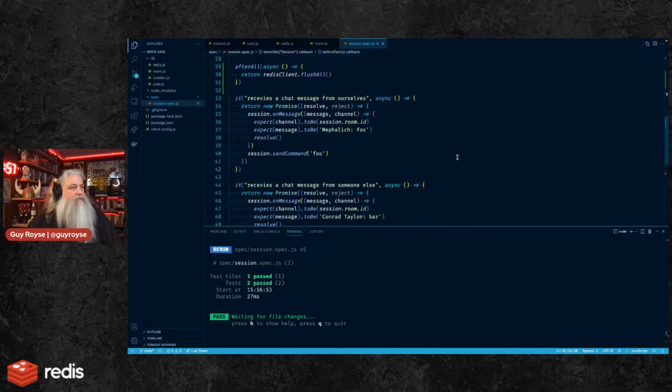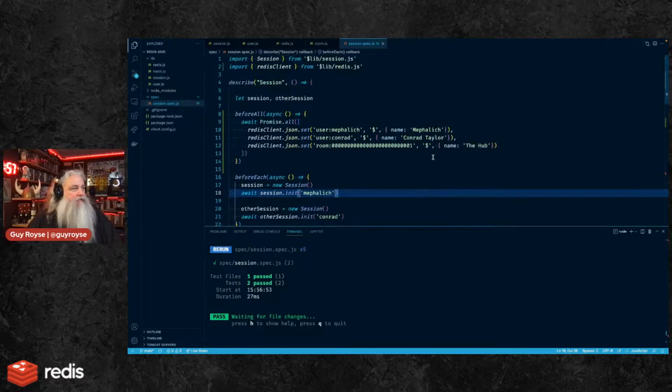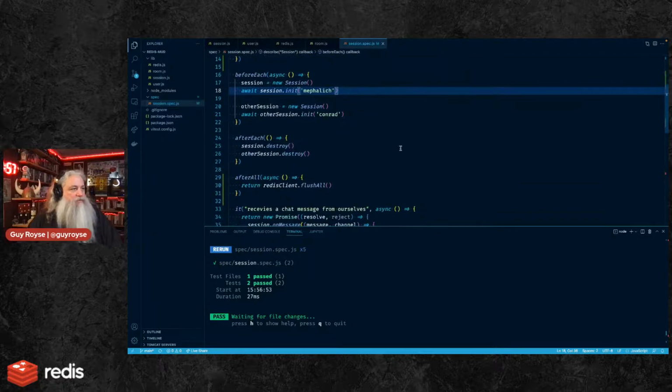Cool. Okay. Technically, before all, after all is sort of a bad pattern, but in this particular case, I feel okay about it because I am literally just setting up a bunch of read-only test data. If I start modifying it, then we'll start getting more sophisticated and this will get refactored. But anyhow, let me go ahead and get this up there in GitHub.